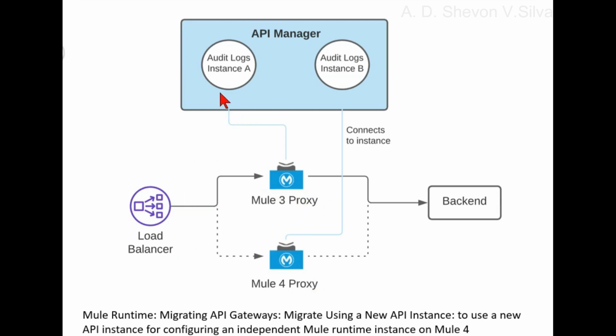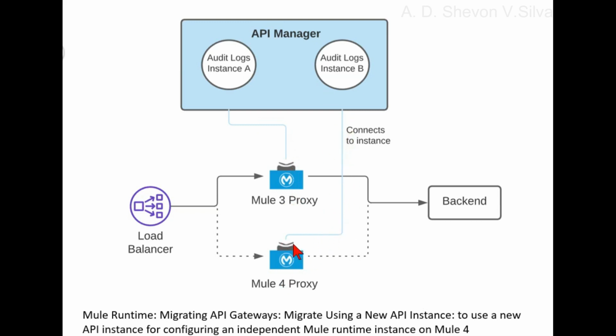Here you can see API Manager. Here the audit log instance A and audit log instance B are in API Manager. Here the API Manager interacts with the Mule 3 proxy, and here the API Manager interacts with the Mule 4 proxy via connects